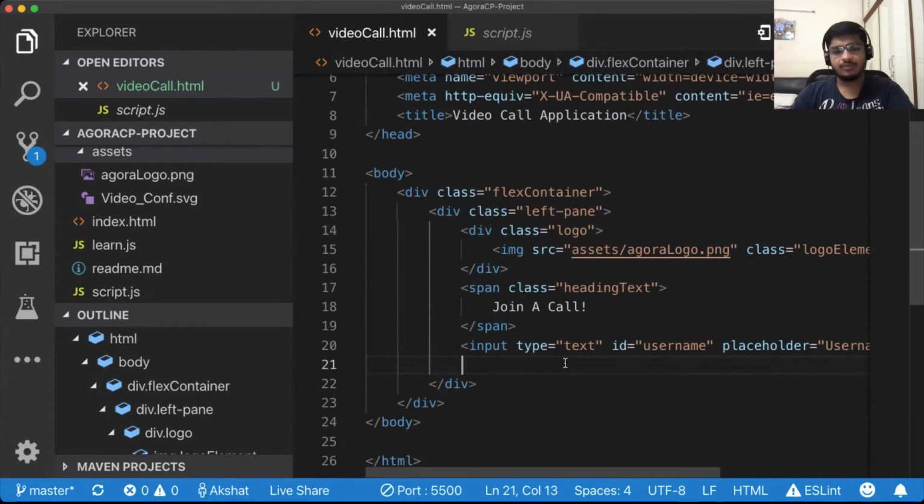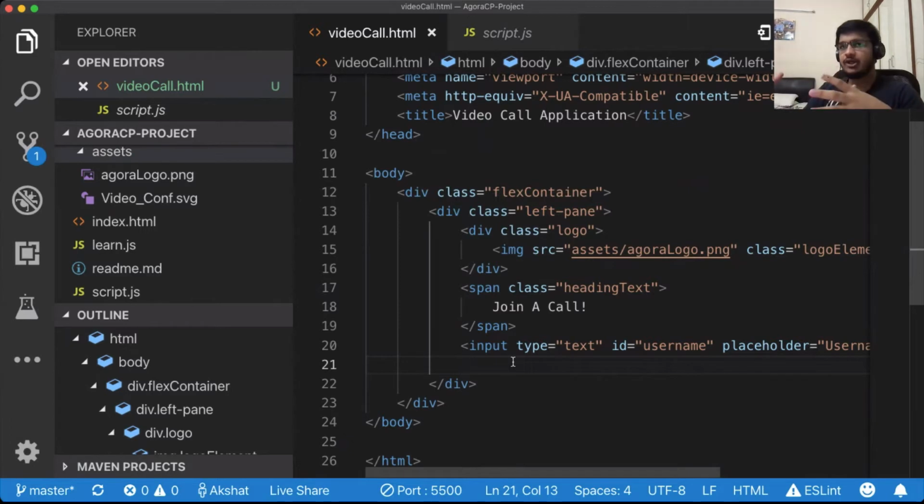Say I have put up an input. So right now I have the big container. I have a left pane. I put up a logo, a heading, and one of the input fields. So this is the user ID. And say there are many people in a call. That's fine. But how do you segregate that this is a call, and this person should not be added into the call between, say, William and I are on a call?